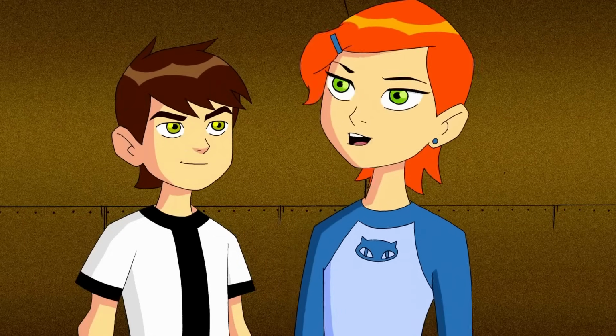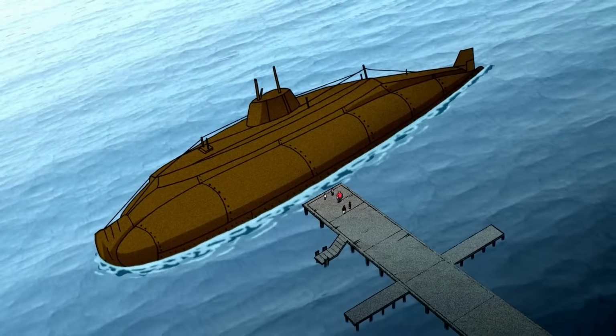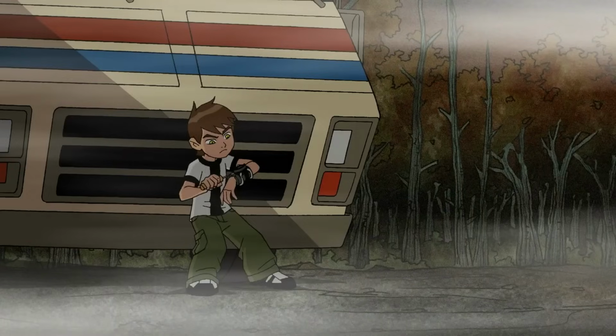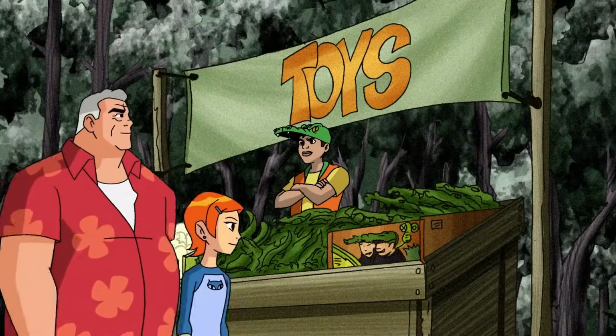The Tennysons respectfully decline his invitation this time, but their adventure has strengthened their bond and left them with memories to last a lifetime. Ben's curiosity gets the best of him when he tinkers with the Omnitrix, causing it to malfunction and lose its faceplate. Despite Max and Gwen's warnings, Ben attempts to cover up his actions, but the consequences soon catch up with them